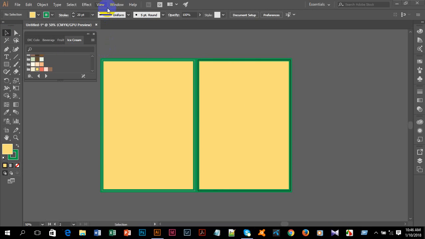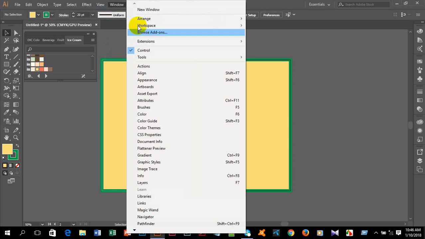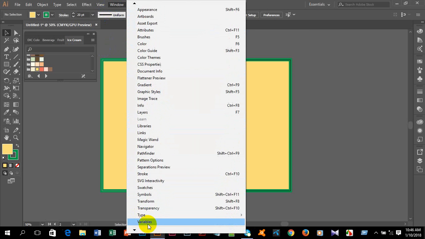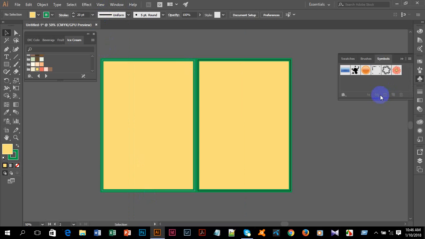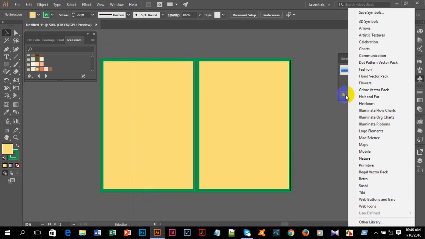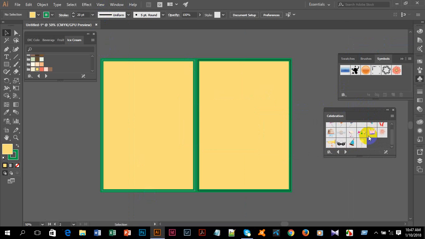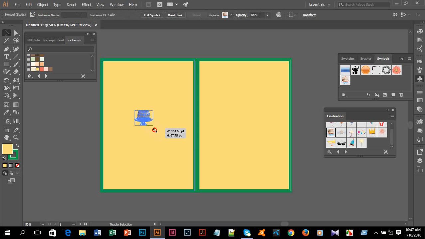After that, I am going to the Window menu, and selecting Symbols, and go to the symbols library, and you can go to the Celebration window, and take any type of food image from here. I'm taking this one because we are making a menu card, so we need to put a food image here.